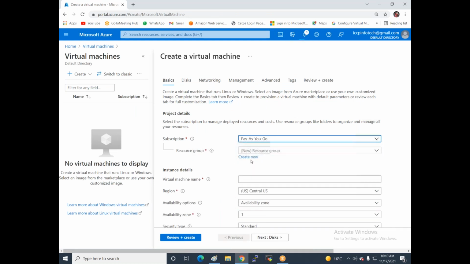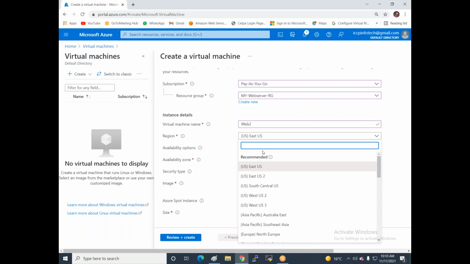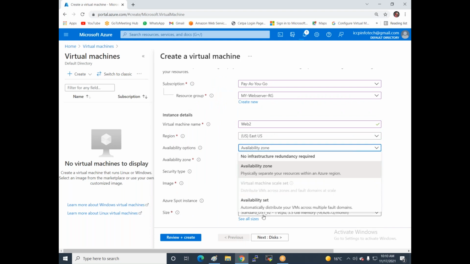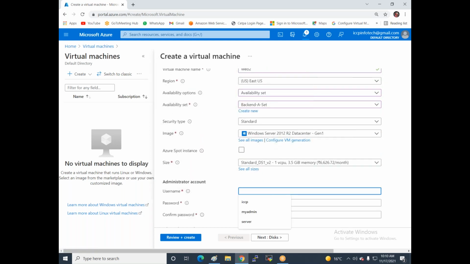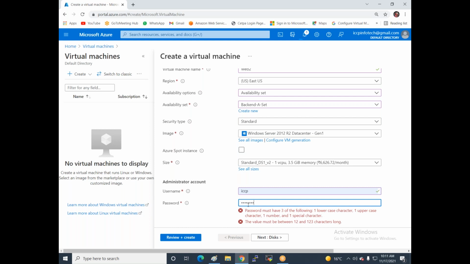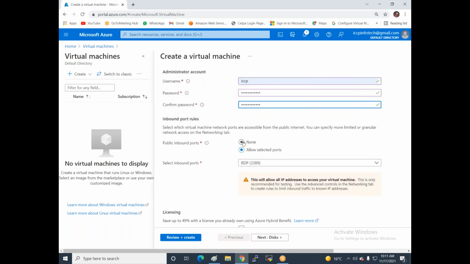Pay as you go. And now give the name web 2, select the availability set, generation 1, and now give the username and the password. And now none.